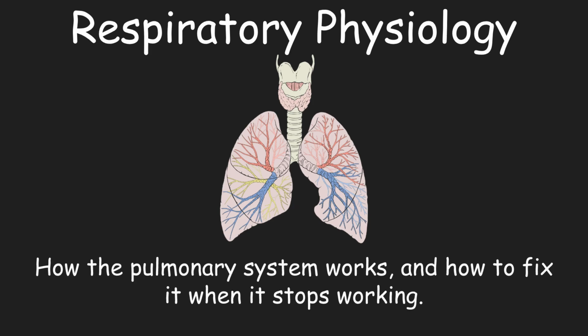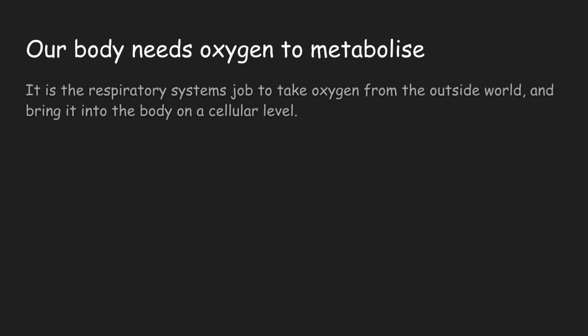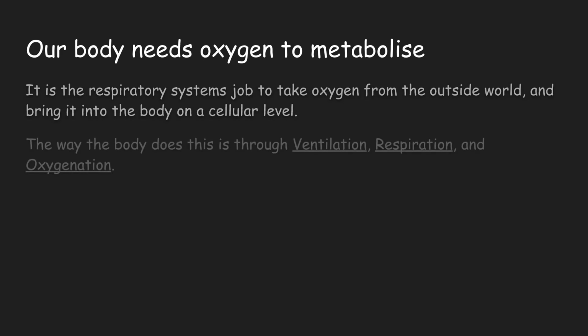This is the pulmonary system. Our bodies need oxygen to metabolize. Every single process in our body needs oxygen. Without it, our cells will die. It is the respiratory system's job to take oxygen from the outside world and bring it into the body on a cellular level. The way the body does this is through three steps that may or may not be simple: